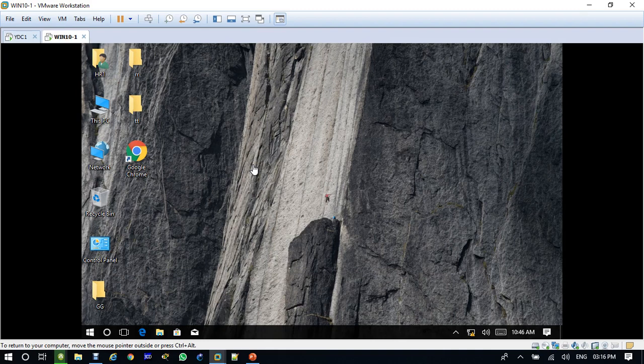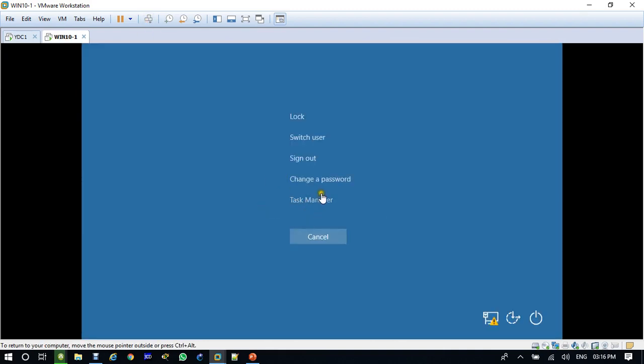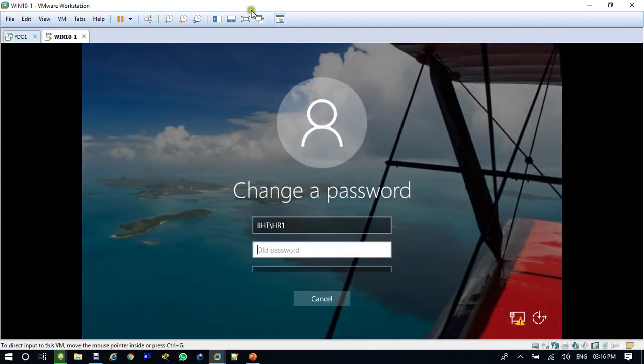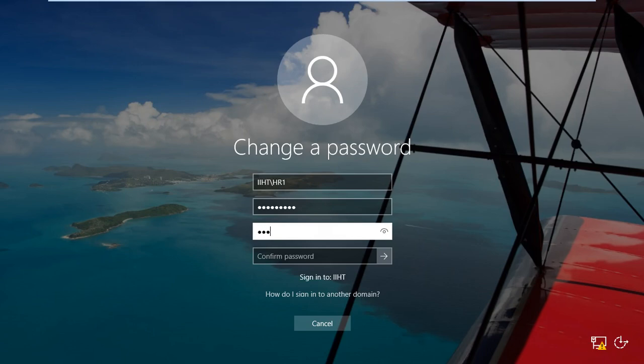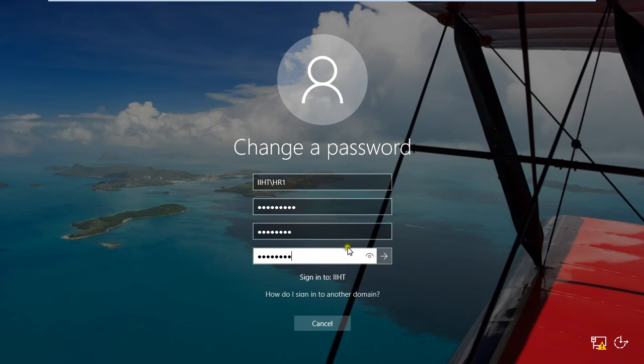The password of this computer is 123@IIHT1. If he tries to put the old password 123@IIHT again, which was the old password of the computer,